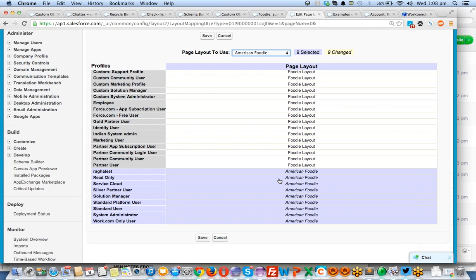EMEA means Dubai or Saudi Arabia and the European countries all come under this. You can make one more group like this. For suppose Indian and Asian people have different application access, and American people want different application access. You will create different profiles for them with different settings, and you are going to assign the profile to them.